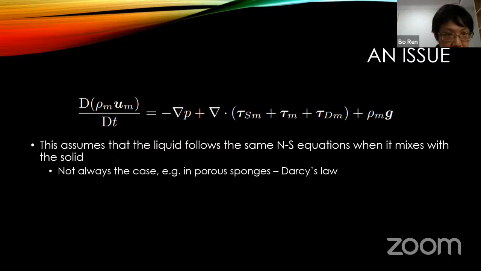But this is not always the case, especially if we are dealing with porous sponges. Inside the porous sponge, the fluid follows Darcy's law. It's not quite the same as the Navier-Stokes equations, and how can we handle